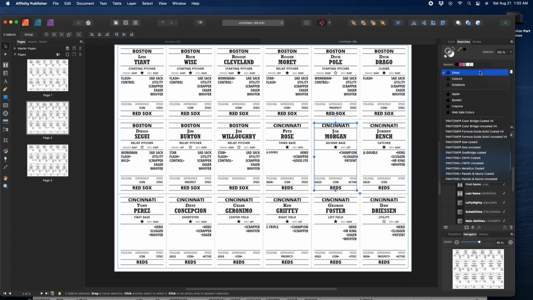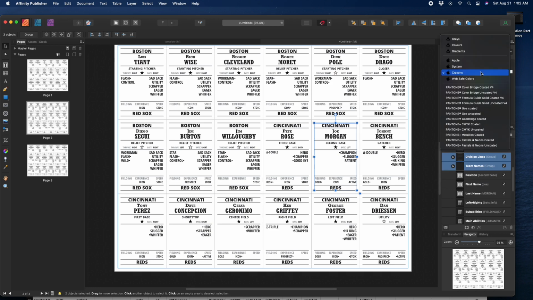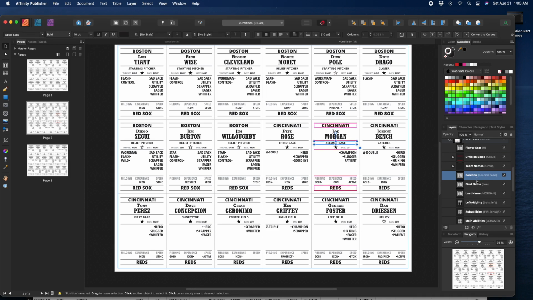Let's go into crayons, I think. No, we don't want crayons. Let's see here. We'll go to web safe colors. This looks like a good red. So as you can see now, just by selecting those 2 things in that player card, I was able to do all of the lines, right? If I do position, name, last name,